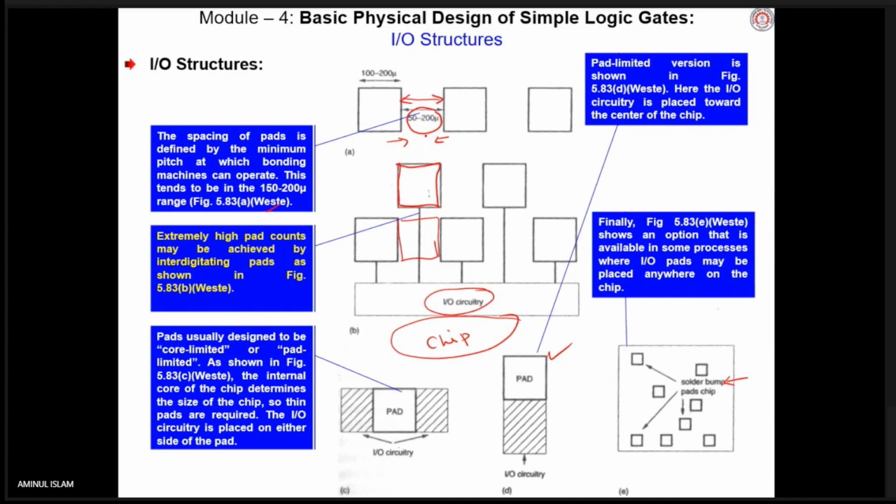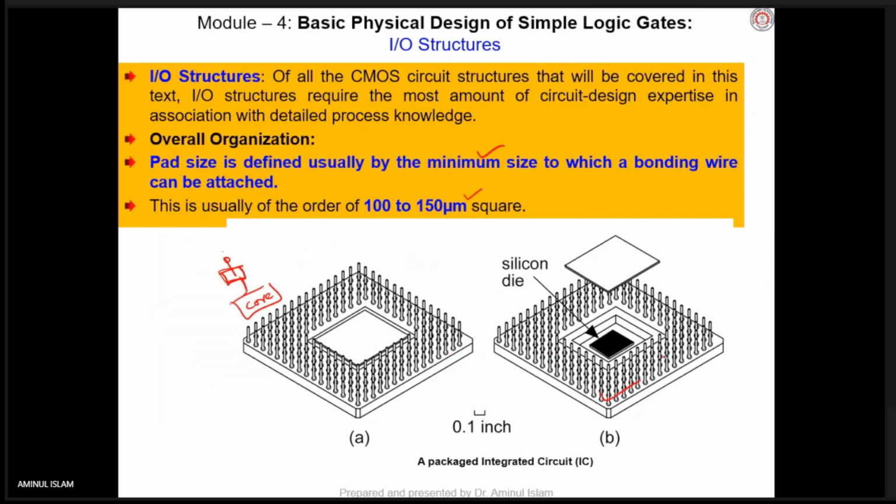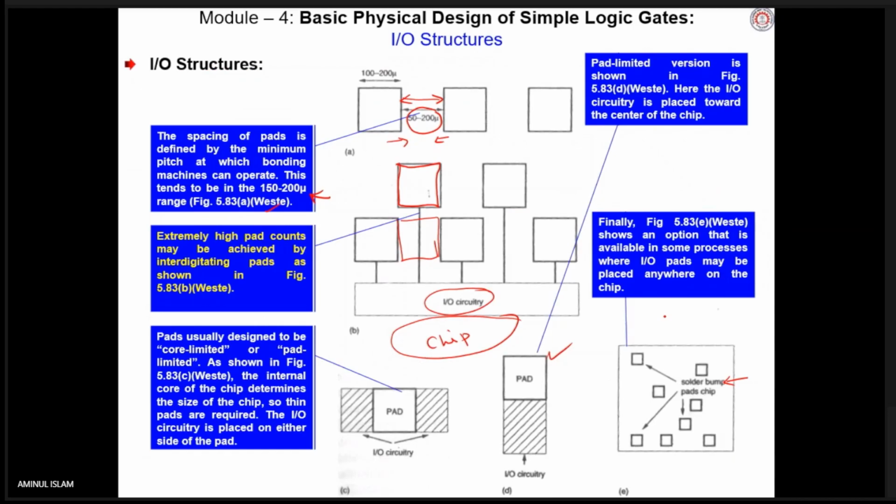here in the diagram it is written 50 to 200 micrometer, whereas in the text it is written 150 to 200 micrometer. So this spacing should be this much. If that is the spacing, then you cannot make the pads very close. To make more pads or pins, nowadays chips are having so many pins, compared to the 8085 processor, which was 40 pins only. Nowadays there are so many pins on chips, and hence pads will be there.